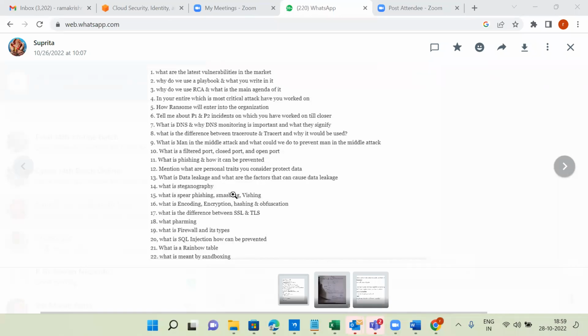Okay, but traceroute provides the tracing. For example, if you want to trace the routing between the source and destination, in that scenario we will use traceroute. Tracert is a command.